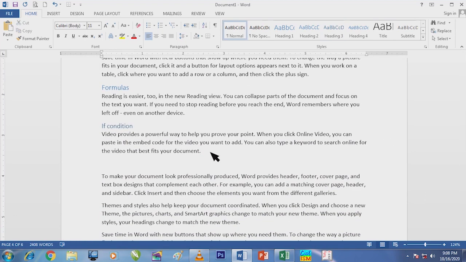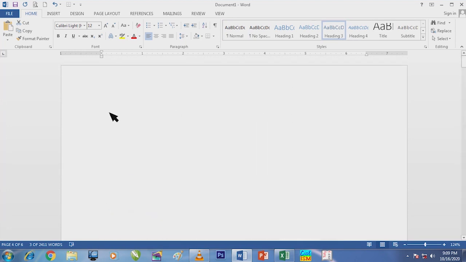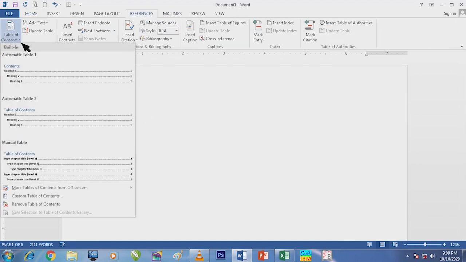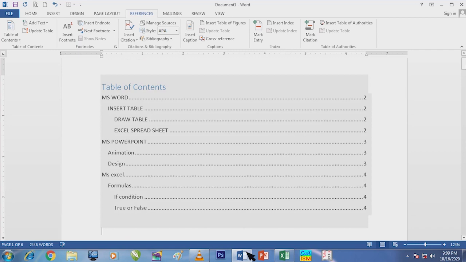Like this I can insert in all other pages, and once the titles or the headings are entered, I can create a table of contents in the first page. For this I go to the first page and click in that page and go to References and click on Table of Contents and choose the format which I like from there. And once I click a format, automatically the table of contents will appear as follows.